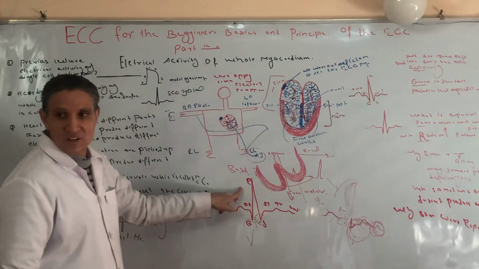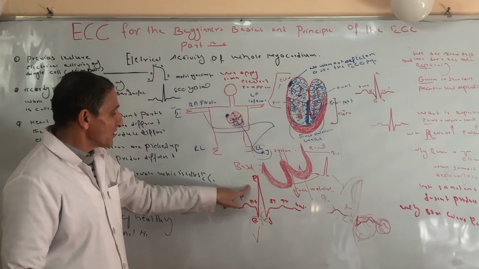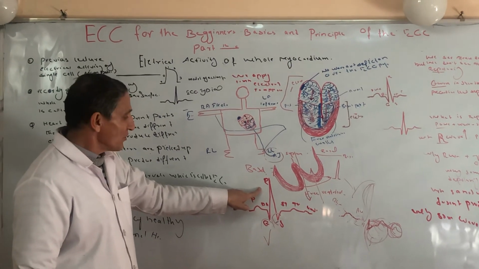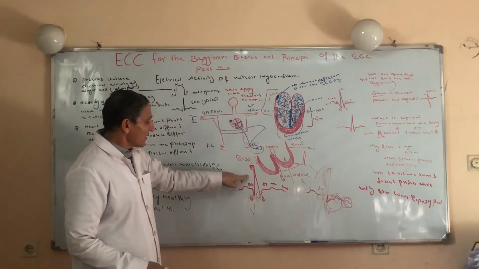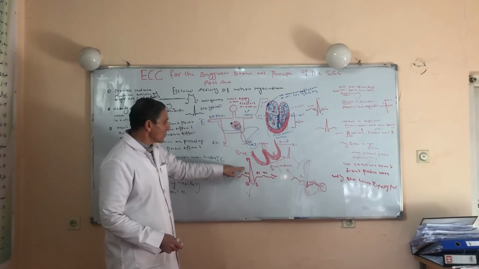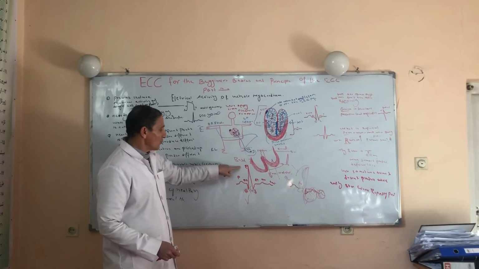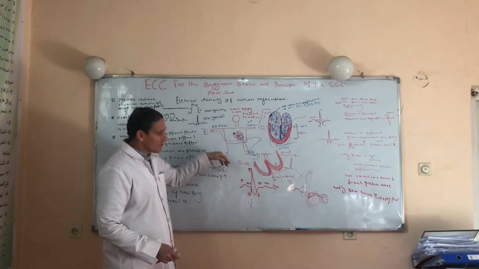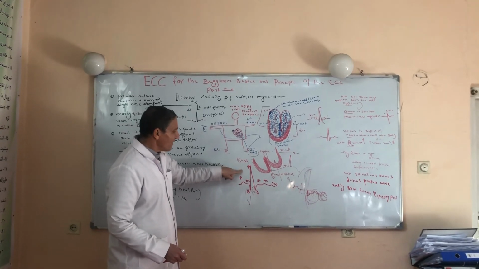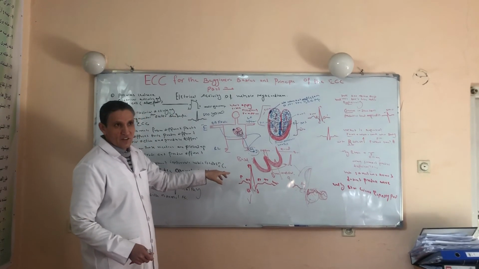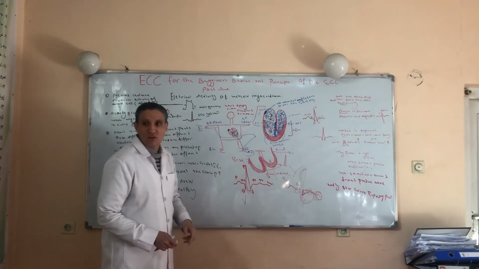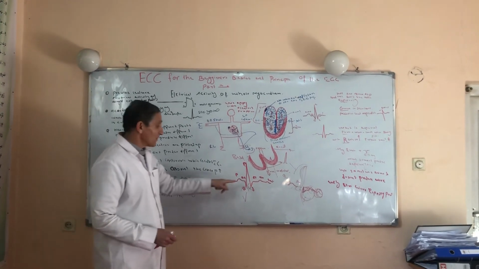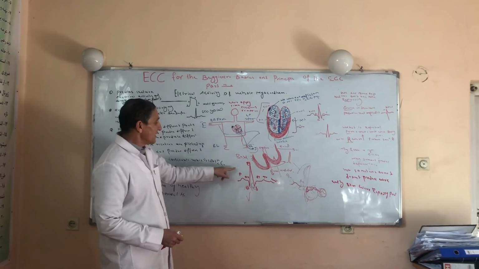After the Q wave, ventricular depolarization produces a large vector, a strong vector, and a positive vector. Why a large vector? Because left ventricular muscle is more. Why a positive vector? Positive charge. Why a fast vector? The conduction system of the ventricle depends upon the Purkinje fiber. Purkinje fiber conducts the electrical impulse fast.